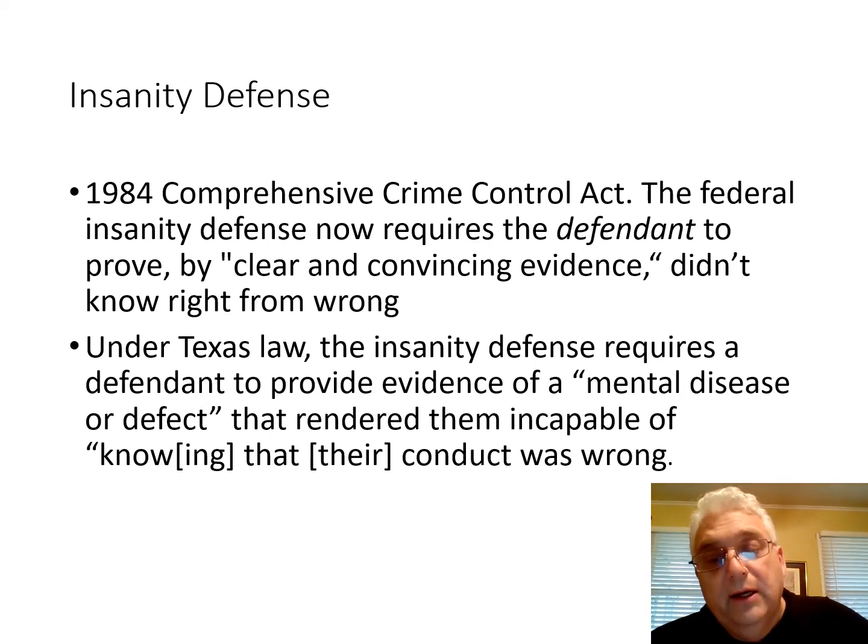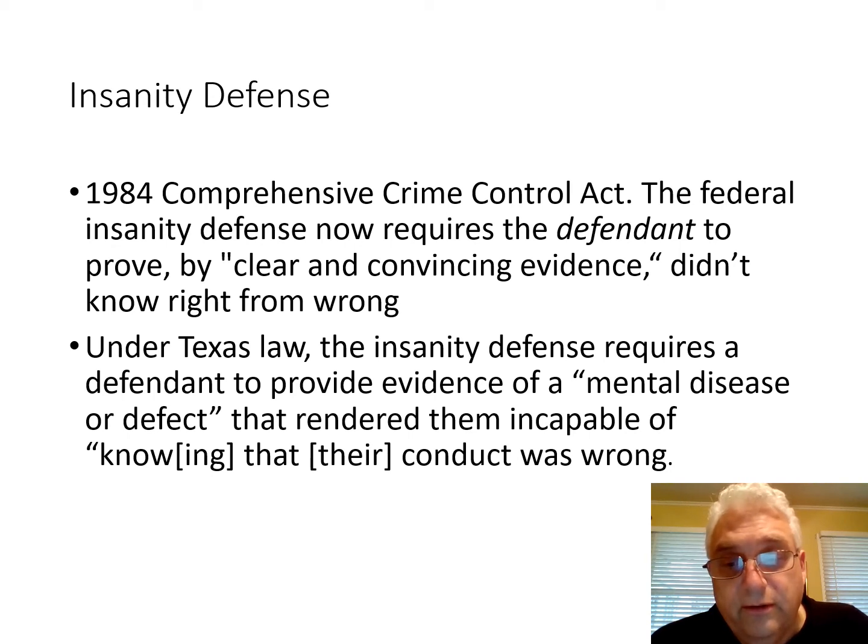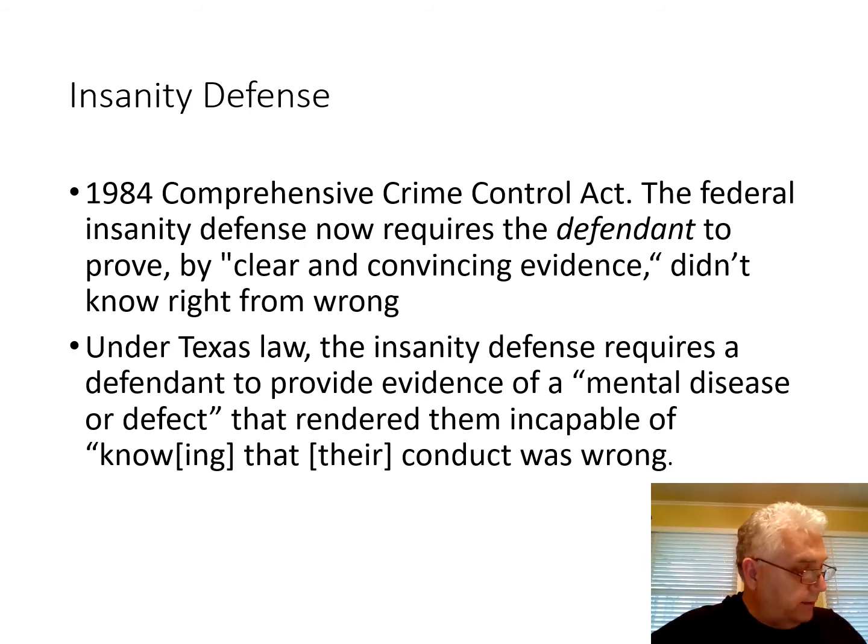Again, let's keep in mind, we start off with McNaughton, the burden is on the defense attorneys. The Durham test shifted the burden to the prosecution in certain states that accepted the Durham decision. In 1972, the Bronner decision essentially put the onus on the jury to decide who was sane and who was not insane. And now we've kind of rolled back to McNaughton. In the 1980s, we shifted back, and now about half the states in the United States, including Texas, are McNaughton states. All right.